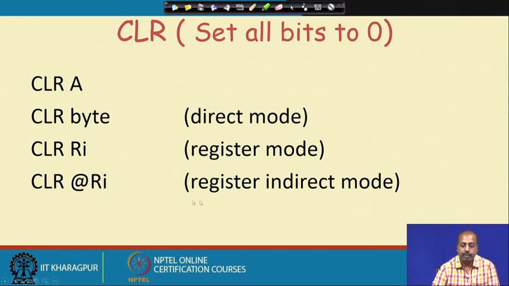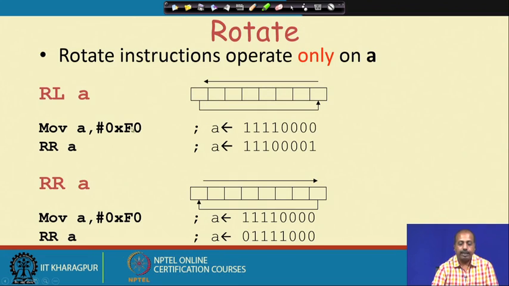Then clear RI. So, this is in the register indirect mode. So, you can clear some memory location. This way we can clear the bits of some memory locations. This is the RLA instruction. As I was telling, it will rotate left. So, this MSB that we have will come to the least significant position, and these bits will get shifted by